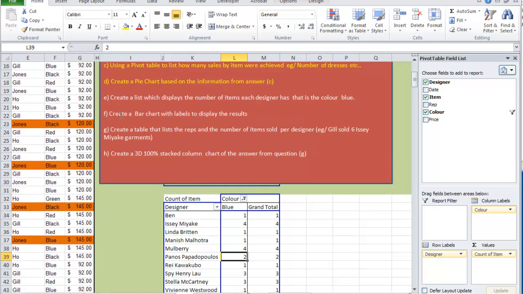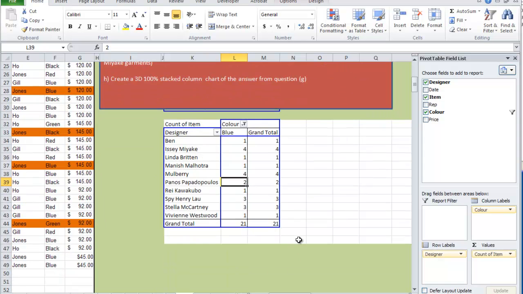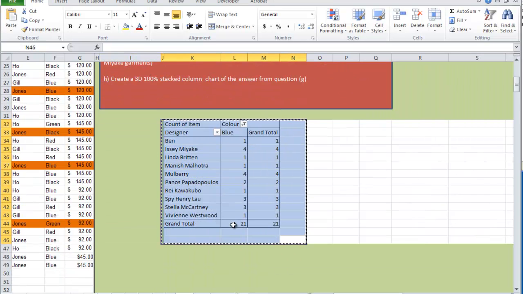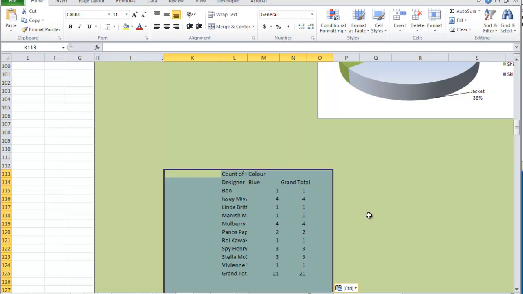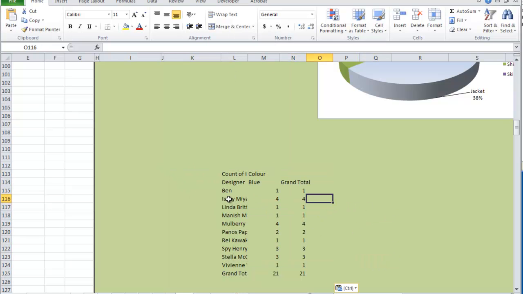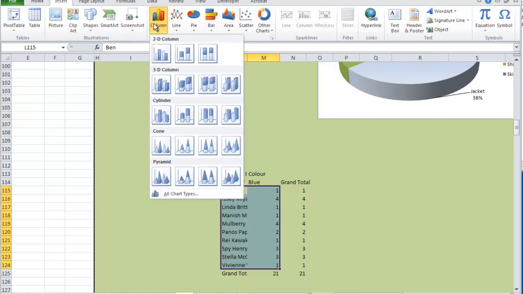Now this one wants to create a bar chart with labels to display the results. Highlight the entire table, copy, find a nice empty paddock to paste it in, such as there, and we can do a chart, but this time we don't want the headings and we don't want the grand totals, so we only need that information, our designers and how many garments they've sold. And we go to insert and select,